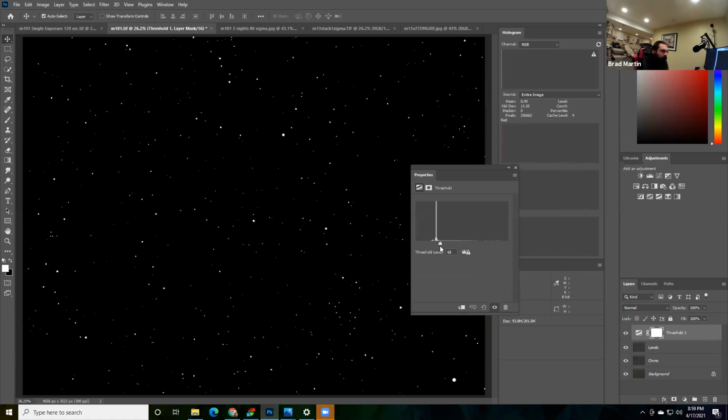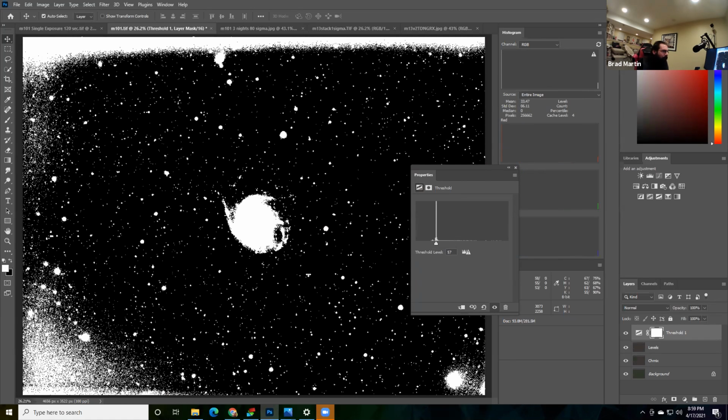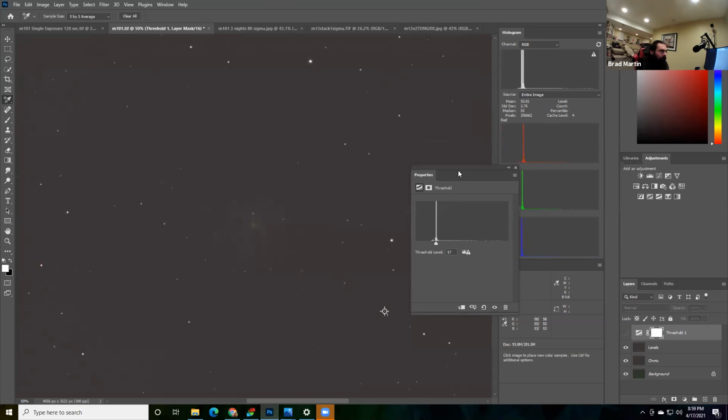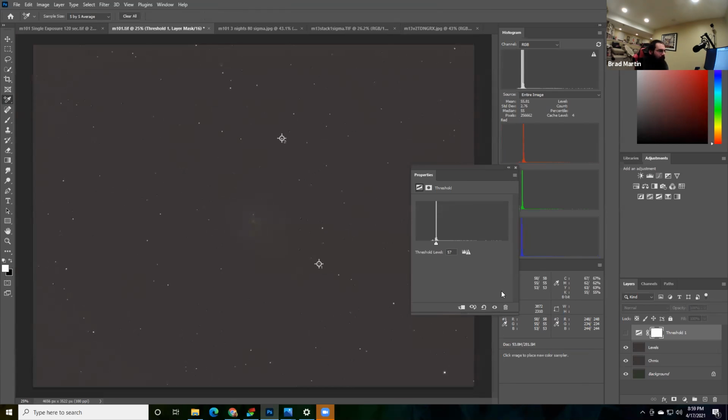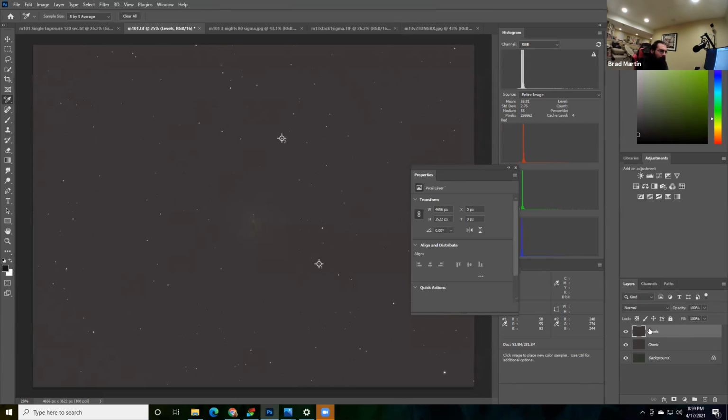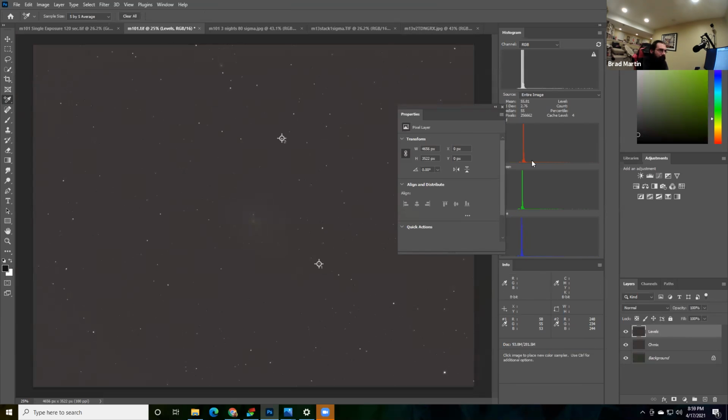You want to go in here until everything turns mostly white. Anywhere that's still black at this point is going to be one of the blackest points in the image. Then I go in and find a star that's nice and bright, and I click that. What that does is it picks my lightest and darkest parts of my image, and that gives me a frame of reference for when I'm adjusting my levels. If I don't do that, then I don't have numbers. Sorry, my zoom window is in the way. Can I minimize it? There we go.